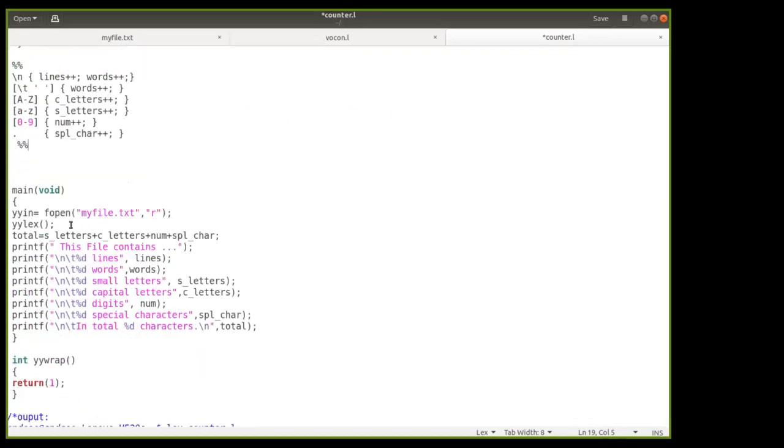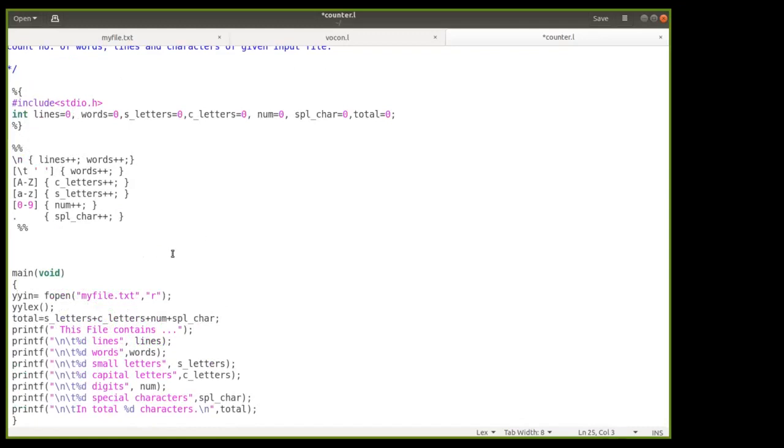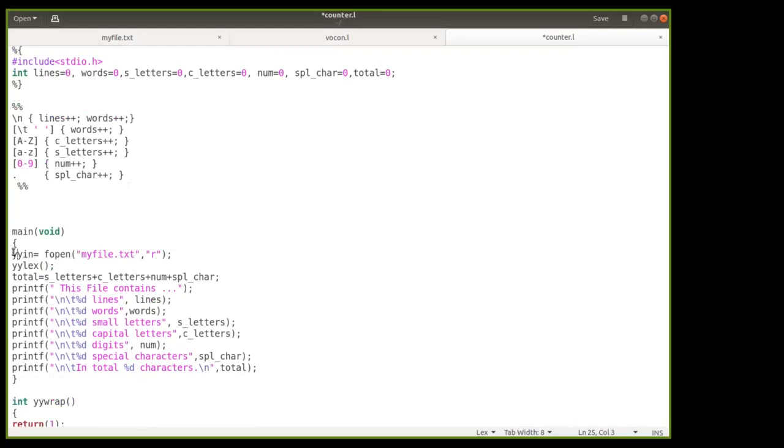Okay. Then in the main section, we have to provide some input file to this program. Understood? We have to give some input file to this program, and then this program will process that input file. So for that purpose, we have utilized a variable which is provided by the Lex package, that is yyin.